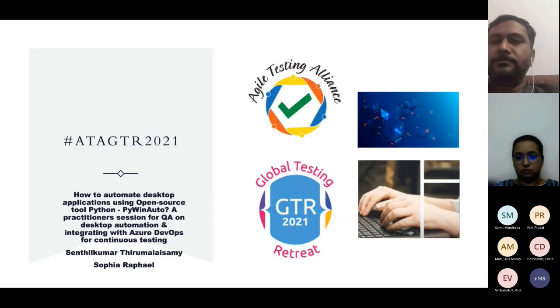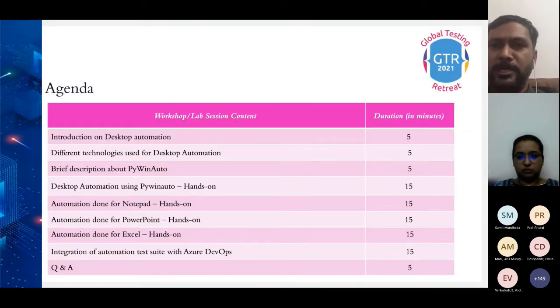With this, let's go to the agenda. We'll be covering the introduction of desktop automation, followed by the different technologies used for desktop automation, and then a brief description of PyAutoGUI, basically an extension on top of the Windows automation framework. As part of the different technologies, we will also cover the different open source tools available for the different operating systems.